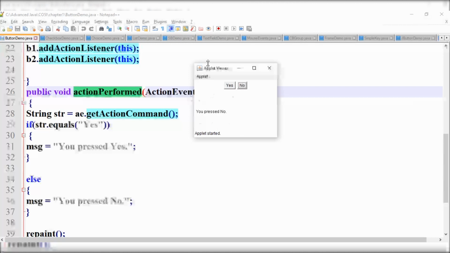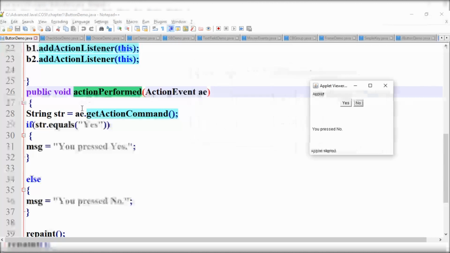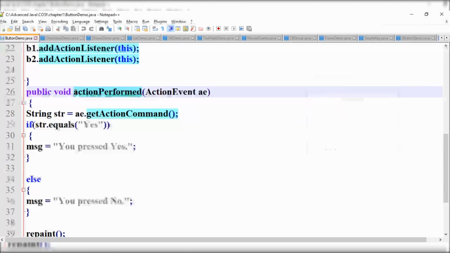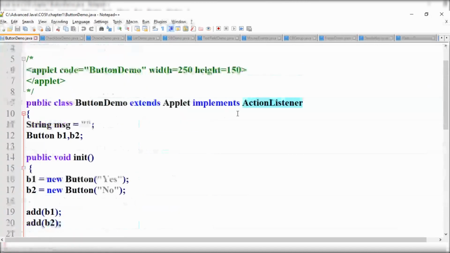This output is displayed by the method which is the actionPerformed method. Now this method is defined in which listener interface? It is defined in the action listener interface. That's why we are using this action listener interface.